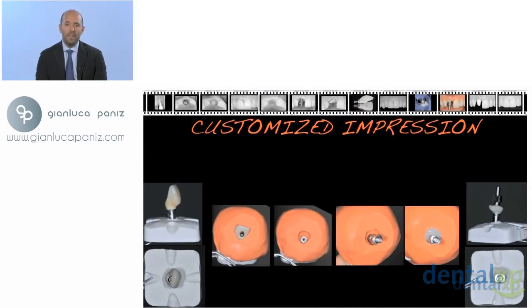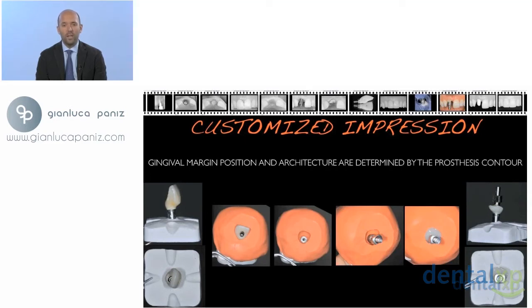As you can see, we remove our provisional restoration, and with some putty silicone, we shape and duplicate the shape of the provisional restoration into a customized impression coping. So when we reinsert our impression coping into our intraoral condition, it's going to be the flowable composite that we utilized in this particular situation that gives the shape information to the dental technician,